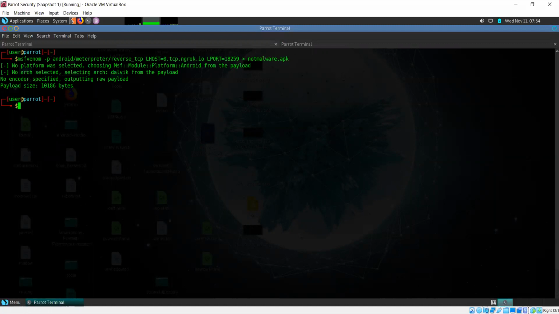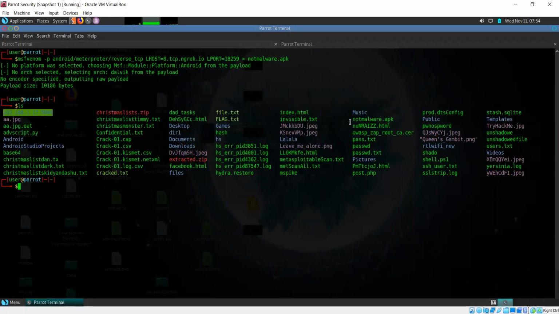Okay, so the file has been created. If I perform ls, I will see that this file is now created here. But I don't need it here. Where I need it is I need to move it. So I move that file. Now what I'll be doing is this is a shared folder.